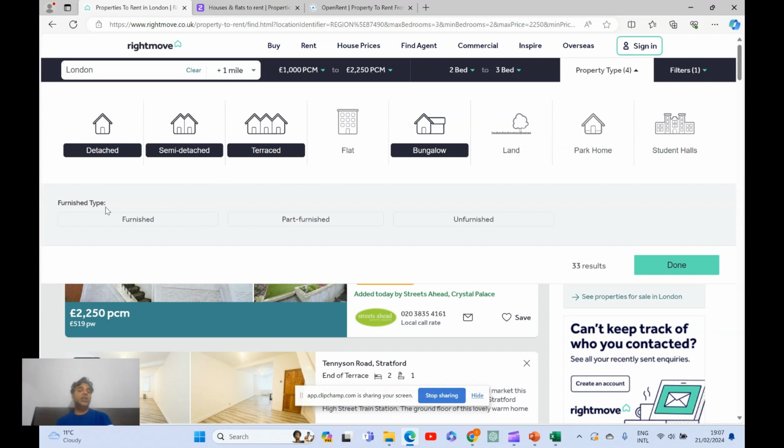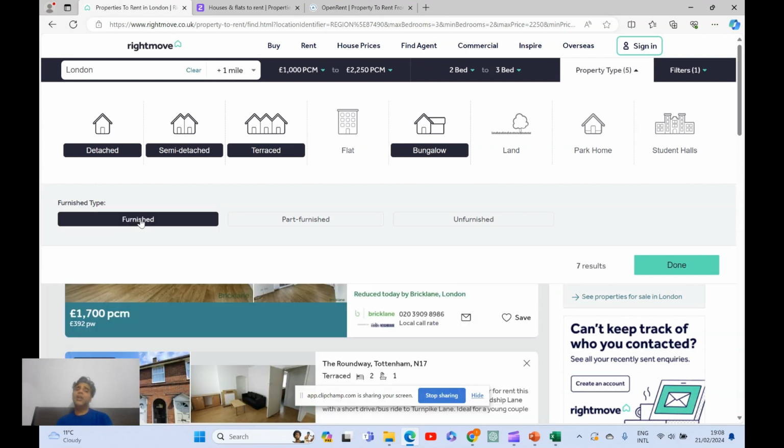Next important decision you need to make is if you're coming for, say, a period of 1 or 2 years, I don't think you should be investing in the furniture and in setting up the apartment. So I would always look for a furnished apartment. But if you are here to stay for a longer duration, say for a period of 2, 3, 4, 5 years, then of course you can go for an unfurnished property,